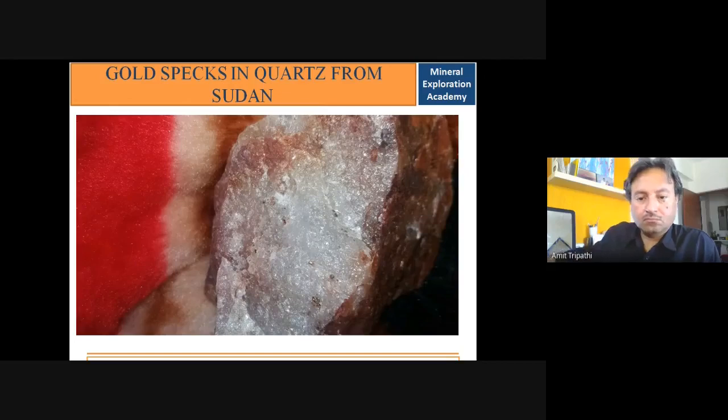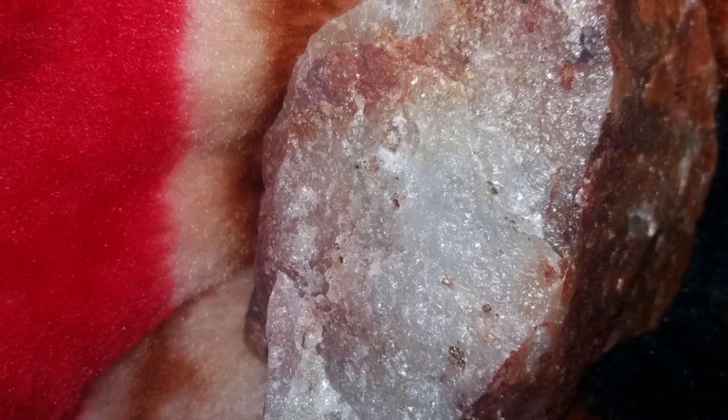This is a photograph from Sudan again. This is quartz which has some grains of gold within it. These are some of the quartz, with the gold grains within the quartz. This is some oxidized portion around that. Most of the gold in Sudan is within smoky quartz, which is within the Precambrian granite, and there is also alluvial gold in that area. Small miners also do alluvial gold mining.